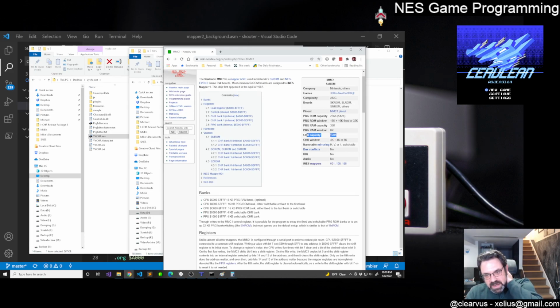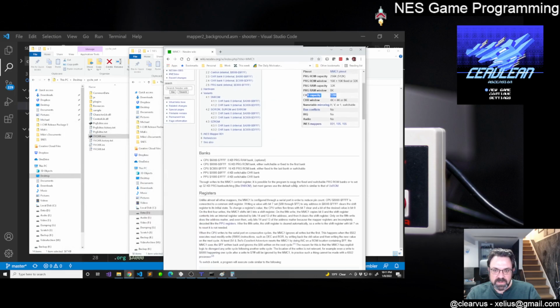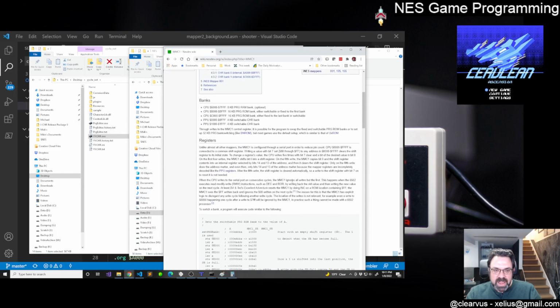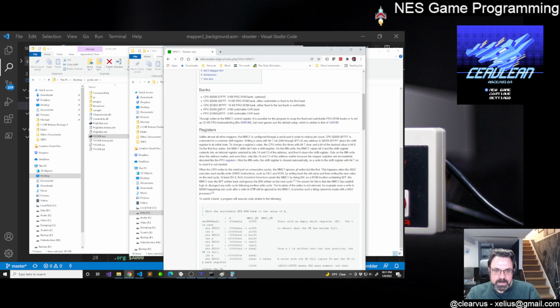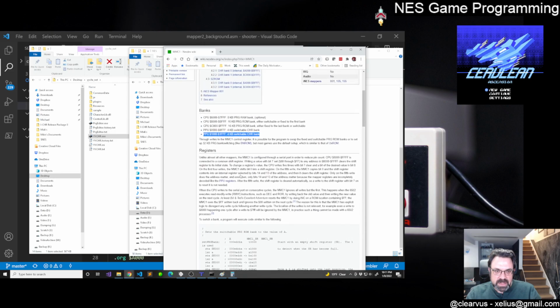And you can see it's got up to 128K, so what does that actually work out to? That's quite a few 4K banks. So 32 separate 4K banks that you can swap around. Yeah, so that's 4K swappable and 4K swappable. And then it looks like